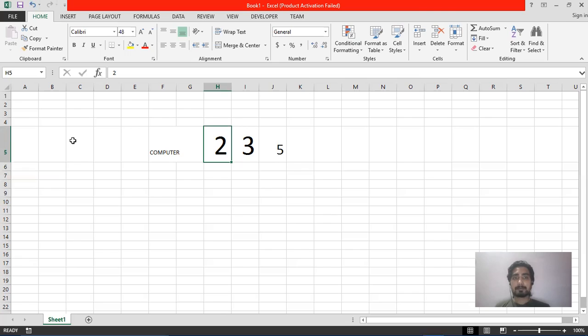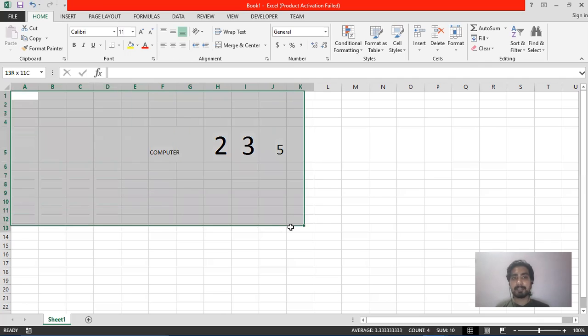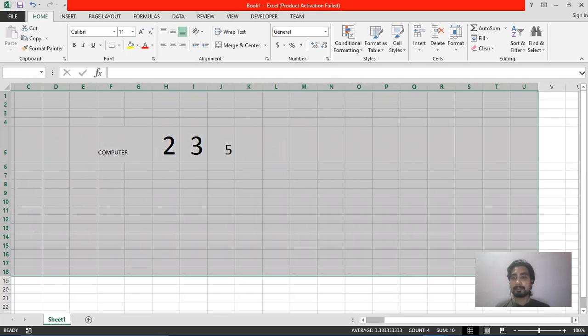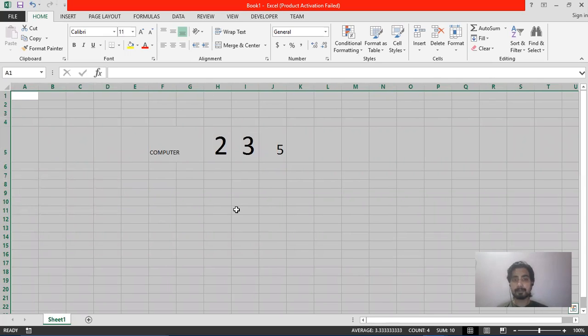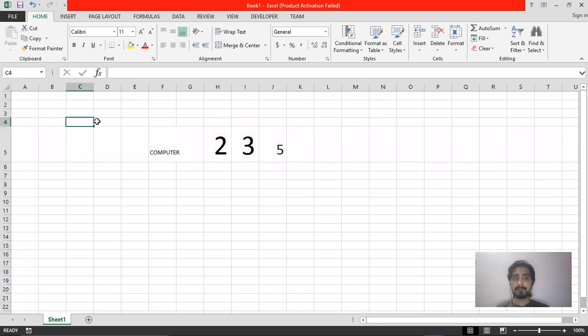Now the third major component of the MS Excel window is the worksheet. This entire sheet which you are seeing, on which we are doing the work, is known as the worksheet. Now this entire worksheet is divided into rows and columns. So there are cells in which you can insert data. In whichever cell you want to insert data, just click on that cell and then use the keyboard for inserting data inside that cell, and the data will be inserted.